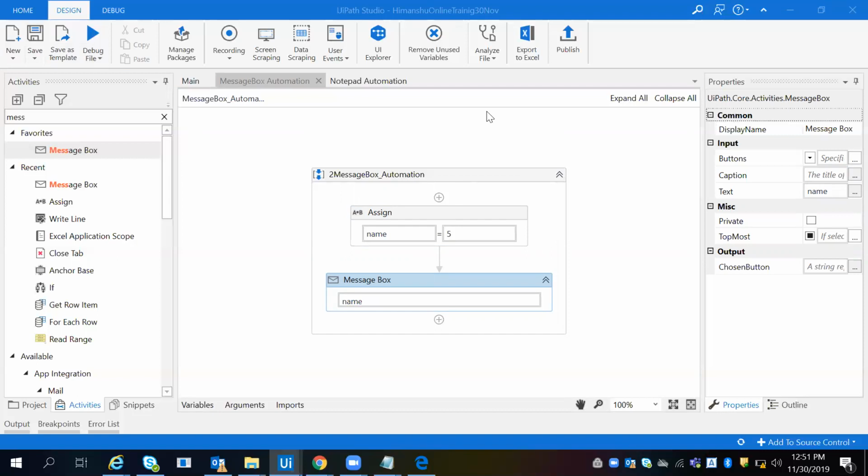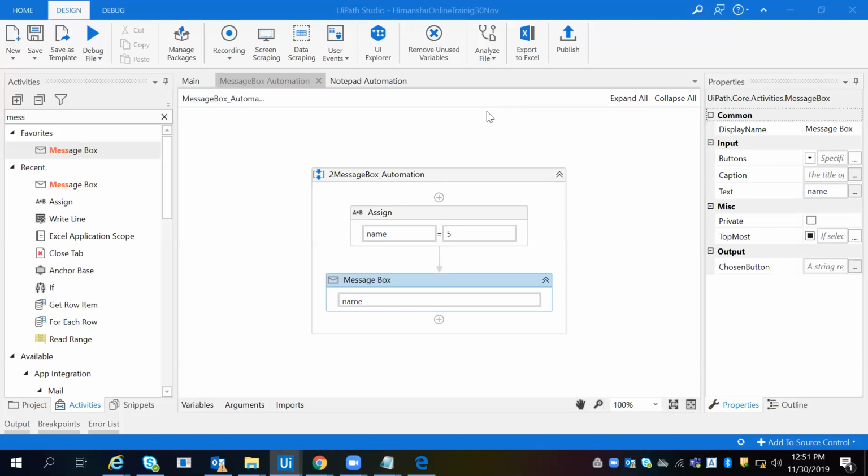Okay, so try to understand, we cannot pass each and everything in the variables panel. If you are creating any data after this class also, there will be lots of times it comes up. So in the assign activity, you can pass all the data. For creating any type of data, you can pass it in the assign activity, and after that, the same variable you can pass in the message box. Is this fine now?